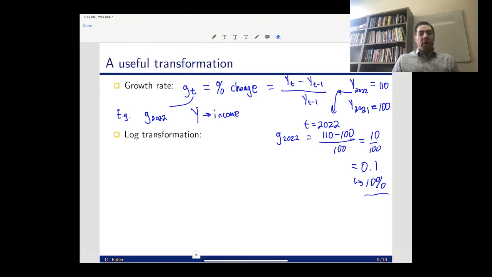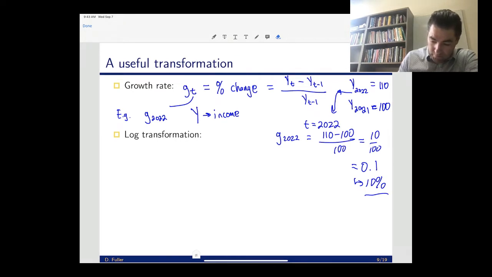Okay, so now a potential simplification for calculating the growth rate. Now, I'll post a brief write-up that's just extra, that explains why this is true. I don't want to get into too many of the details right away, but a nice feature is that